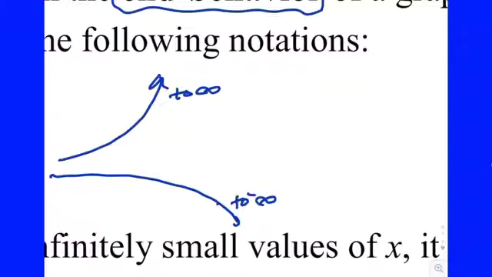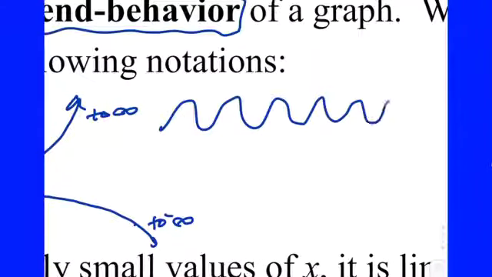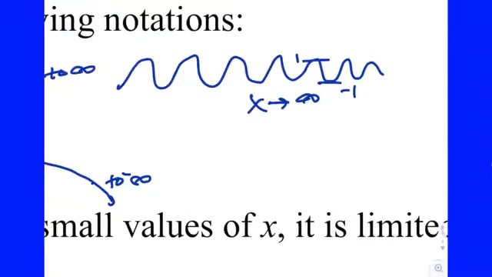When we talk about the end behavior of a graph, we're not talking about its end, but about positive or negative infinity. So what are some other things it could do? The graphs of sine and cosine oscillate between two fixed values forever and ever as x goes to infinity. So you can have something like that, in which case what do you think the limit would be? If it oscillates between two fixed values as you go out forever and ever, the limit is going to fail to exist. So the ones that we're more interested in are the ones that start tapering off and approach